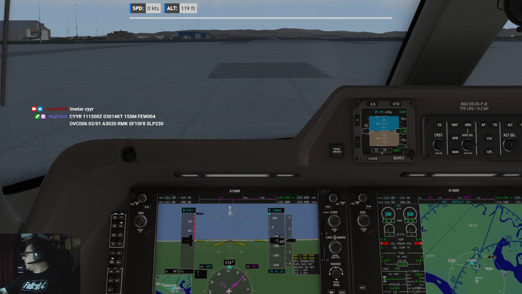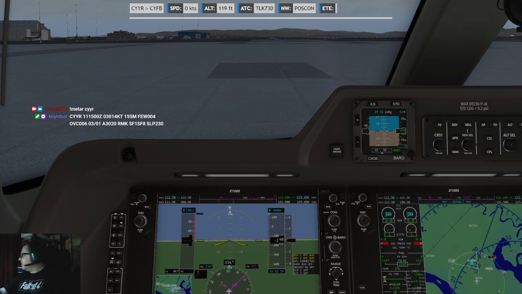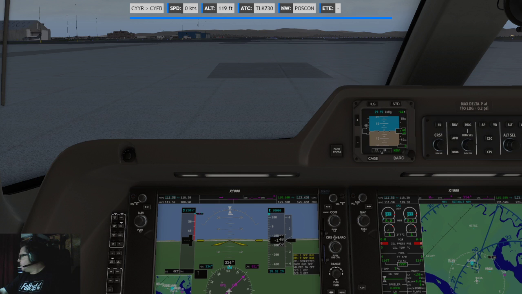All right. Oh yeah. So let's go here. I need to fly now on SimToolkit Pro. I need to grab the route. Control C. I need to go on Nightbot. Exclamation mark route.